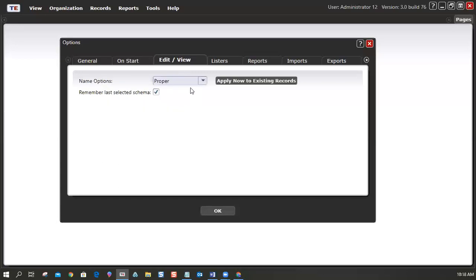And now the edit view, I usually change it to unchanged. It's really up to you, to your preference. When you say proper, it won't allow you to capitalize any kind of